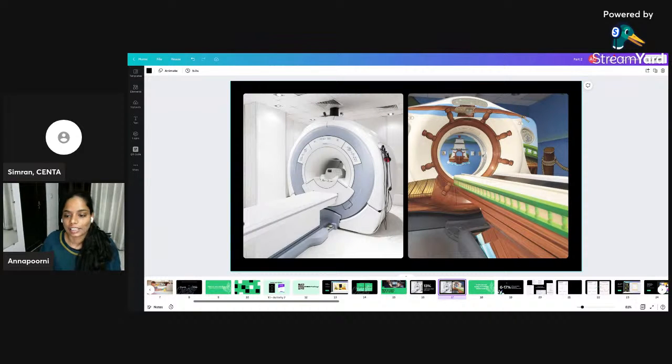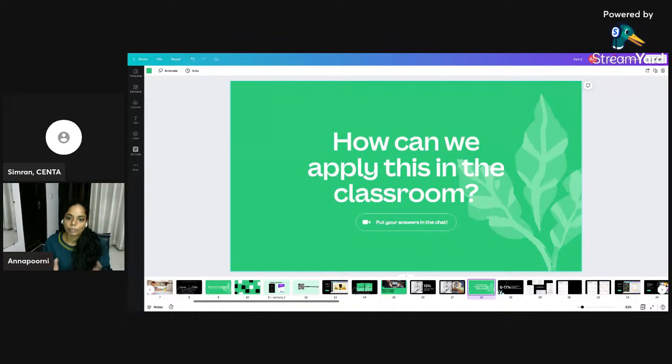Okay, so it's like a ship on an ocean, and they are the pirates who are getting in, or the captains who are getting in, and it immediately lifted their mood, and made it feel like a toy or a play space that they could go into. It was no more a daunting medical equipment, but a space that called out to them. So, how can we apply this in the classroom? So, again, I'm going to go back to chat, and I would love for people to come up with ideas of how we can use this emotion and environment tandem to make it more friendly in the classroom.